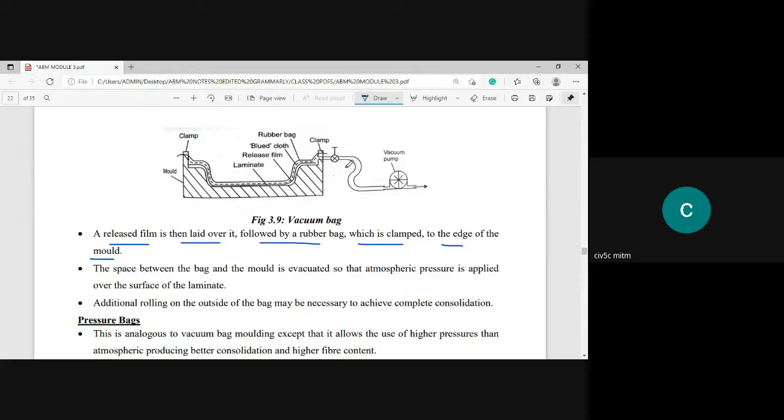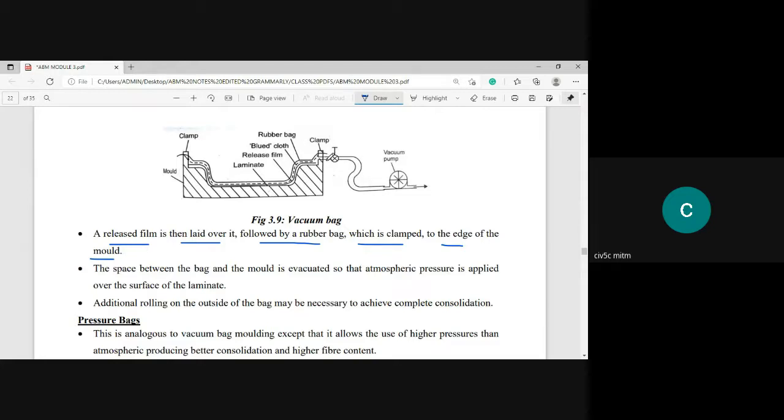And the very interesting thing you can see here is the controlled wall, and this will be connected to the vacuum pump. Why are they using a vacuum pump here? Because they are inducing a vacuum pressure. In the earlier two methods, the spray up technique and hand layup technique, it is not possible to evacuate the voids properly. Because of that, the mechanical properties of FRP composites were reducing.